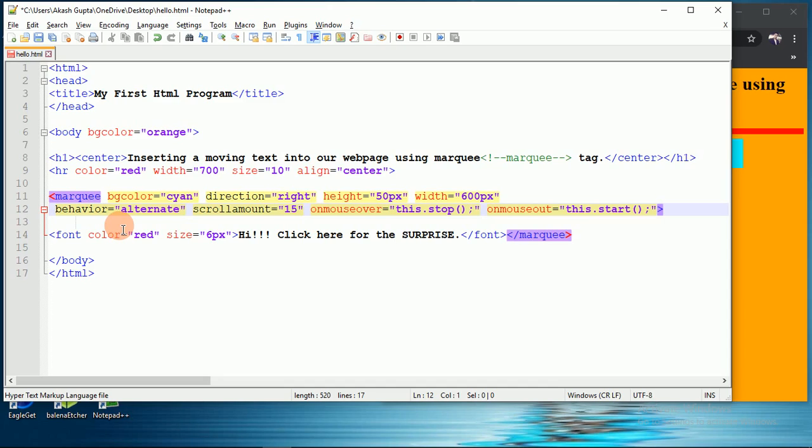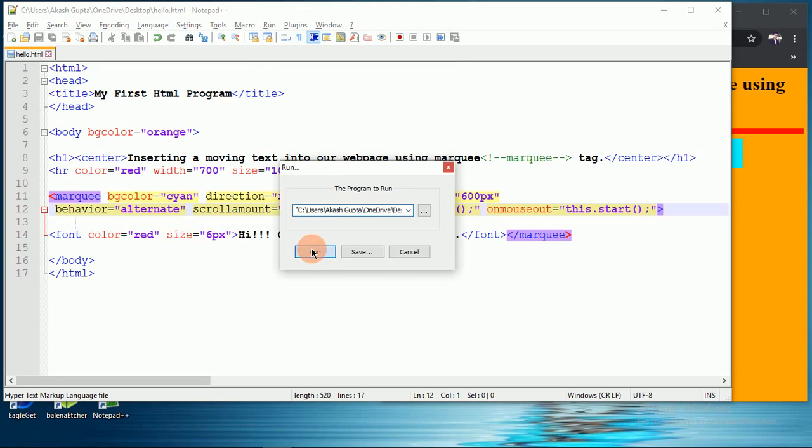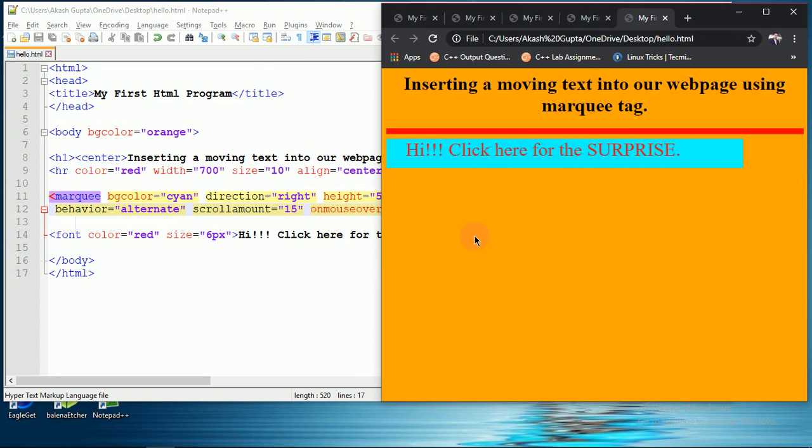Okay, so let us see, save it, run it. So as you can see, it will keep on moving. Okay, it will keep on bouncing into our web page. It will not stop because we haven't used the loop attribute anymore.